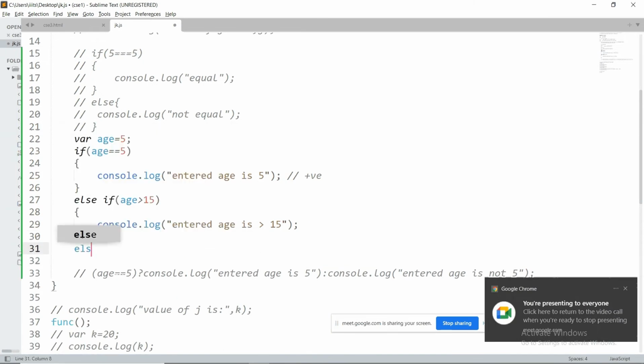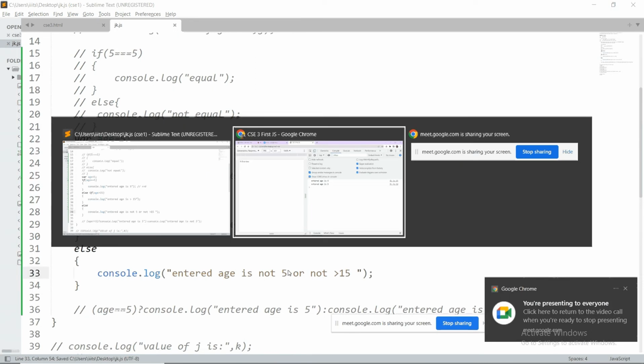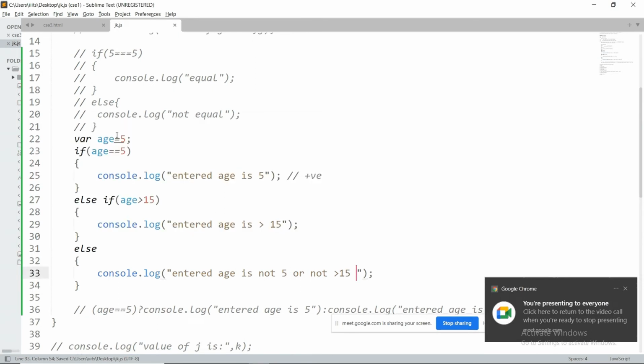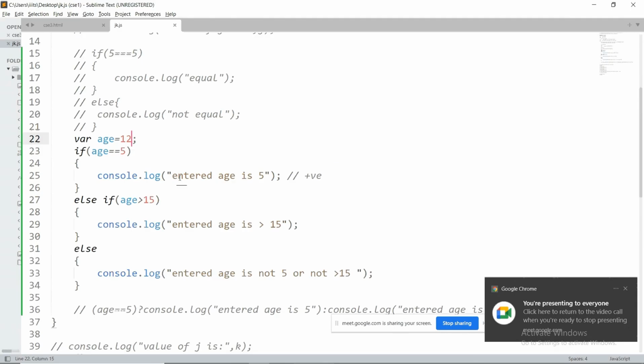Else I can go with entered age is not 5 or not greater than 15. That's it, right? So for example, if I pass the value as 12, you will get entered age is not 5 or not greater than 15. So this is the way you can use the else block.